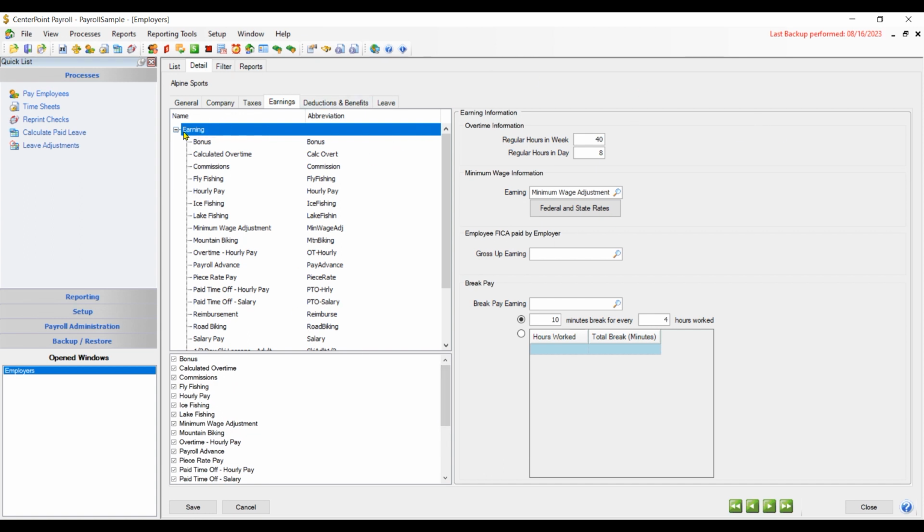As I'm highlighted on the level over here for earnings, on the right-hand side, it's going to ask me just for overtime information: what are the regular hours in a week for your employees and the regular hours in a day? If you have employees that you pay via piece rate, and you need to do a minimum wage adjustment, there is a separate video on that, and you'll want to review the video on those settings. But